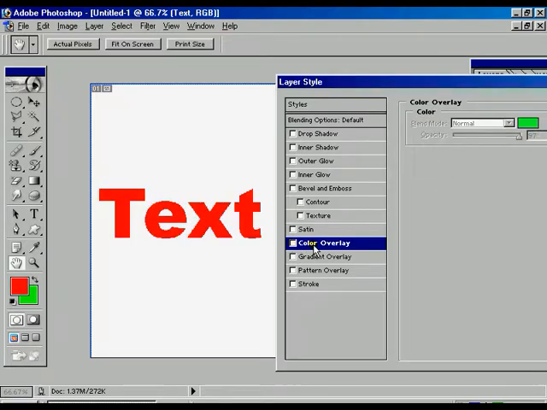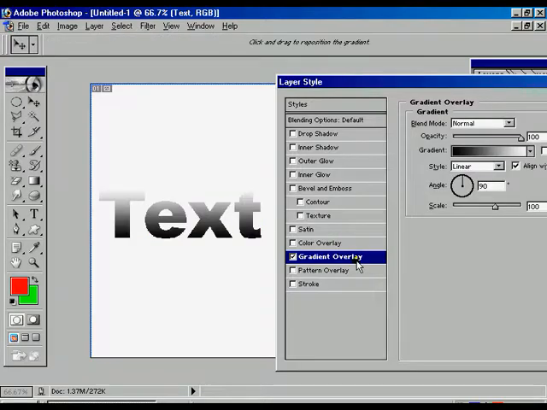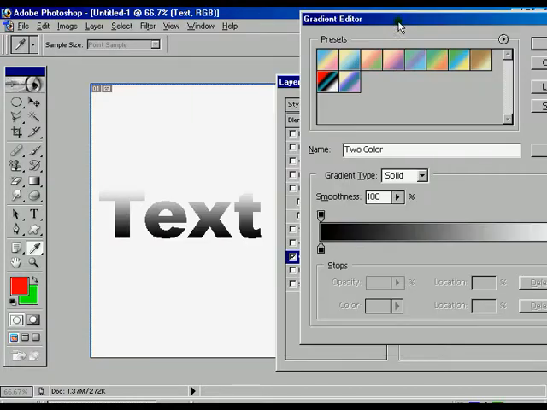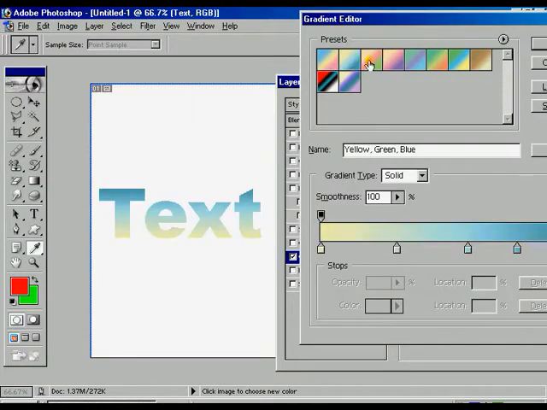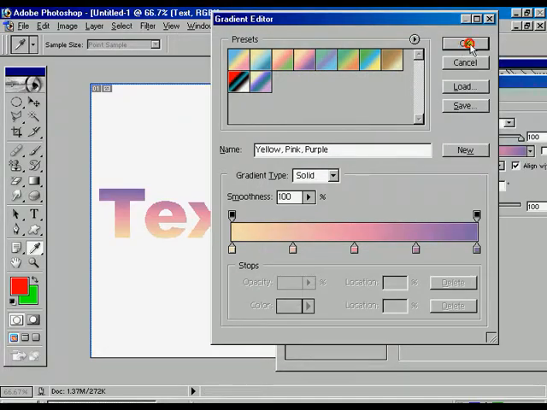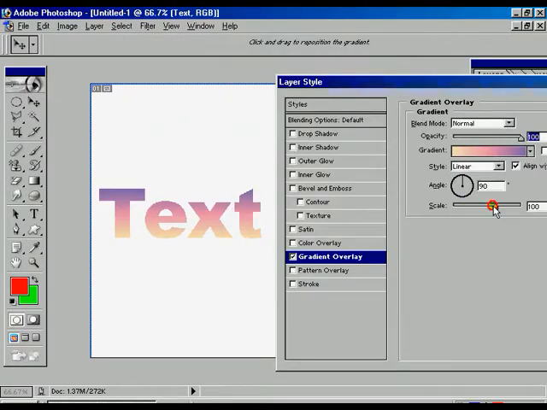Now there is another option called the gradient overlay. It's a combination of two colors. We already have some presets. We can change the presets and get different color combinations. Press OK. We can change the angle, and we can change the scale with different values.